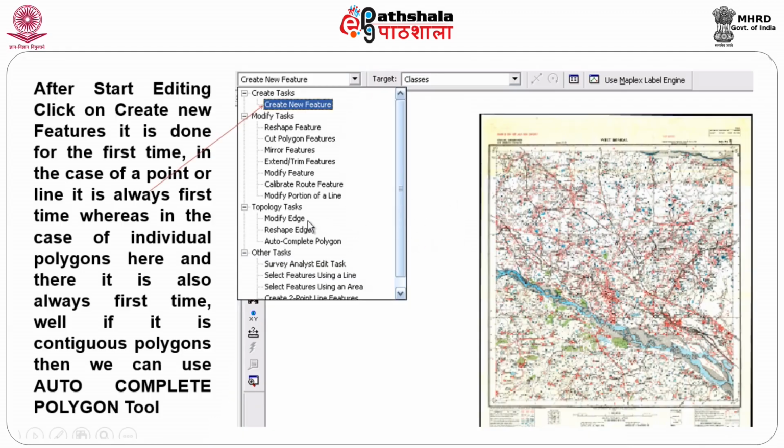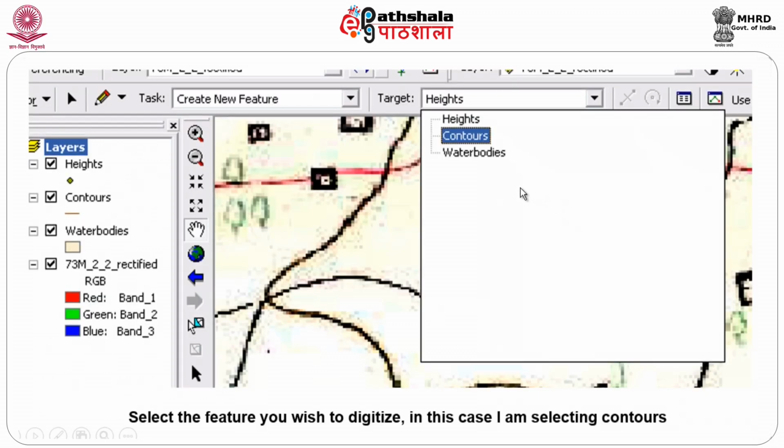Now, coming back to various things, you can change this, you can modify the data, you can auto complete the data, all these facilities are there, and then you choose whichever is important and start the work somewhere. Okay. So, create a new feature to start with a particular point, use auto completion to complete the adjacent polygon. Here, I have created three things: the spot heights, the point data, lines, namely the contours, and water bodies, namely the polygons. I am going to choose the contours.